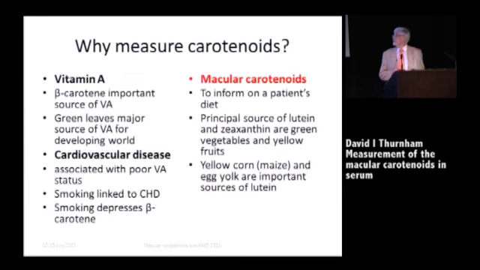I noticed in her slides, although she suggested that in the different ethnicities in America there was very little difference, some of the earlier results suggest that in fact blacks in America were getting 3 times the amount of lutein in their diet. And this was attributed to the large consumption of yellow corn. I think Liz's data is probably more up to date than those earlier studies, but certainly yellow corn is an important source of lutein.